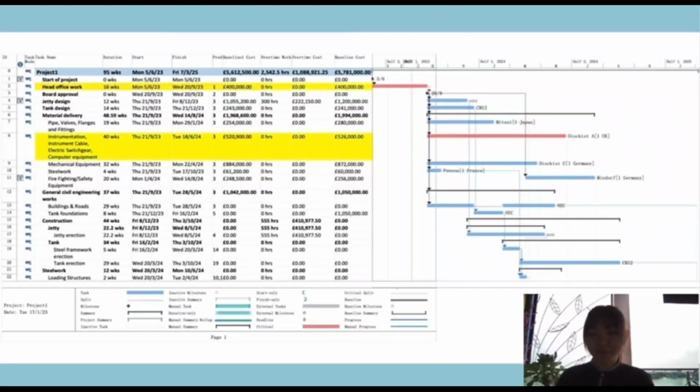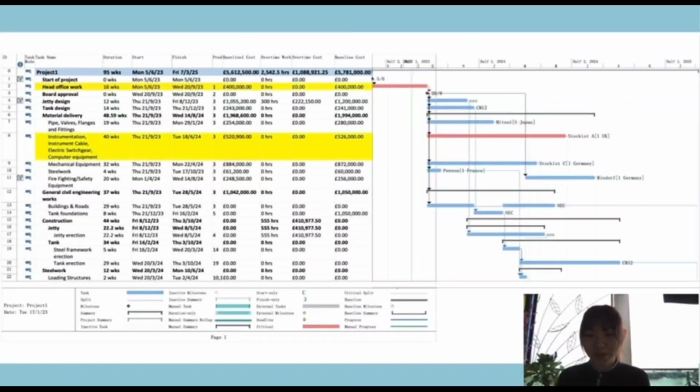Following group assessment of Session 1, corrections were identified, and the project plan was corrected and updated with all the new information. The project duration reduced from 112 weeks at a cost of 5.78 million to 95 weeks at a cost of 5,612,500 euro. The team reduced the project time by applying overtime working to some specific tasks, which shortened the duration to 95 weeks, with total overtime work of